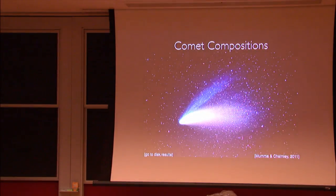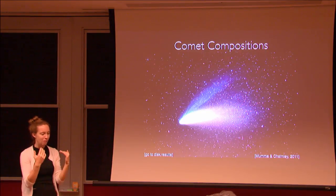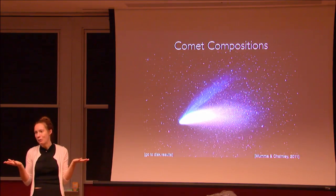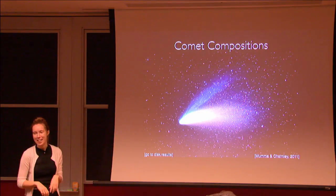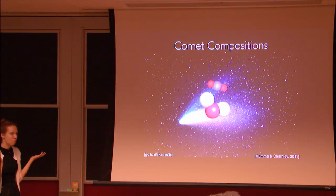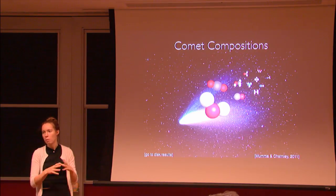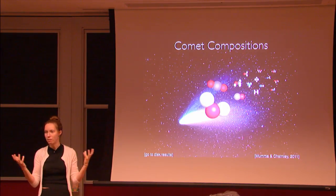And when we try to compare what level of organics is needed, in some sense the only thing we can compare with is the solar system, where we know we had enough of the right kind of organics around to have the origins of life. And we can't compare with planets, because on planets things have changed, compositions have changed. But we can compare with comets that should preserve